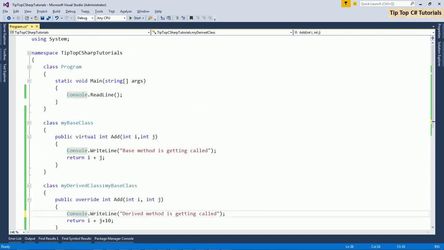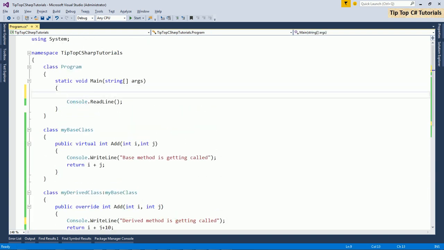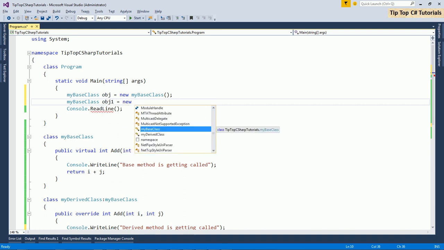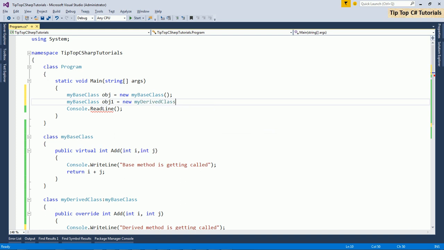So let's create an object of my base class. I'll create both instances, a my base class object and a my derived class object. So I'm creating two objects here.